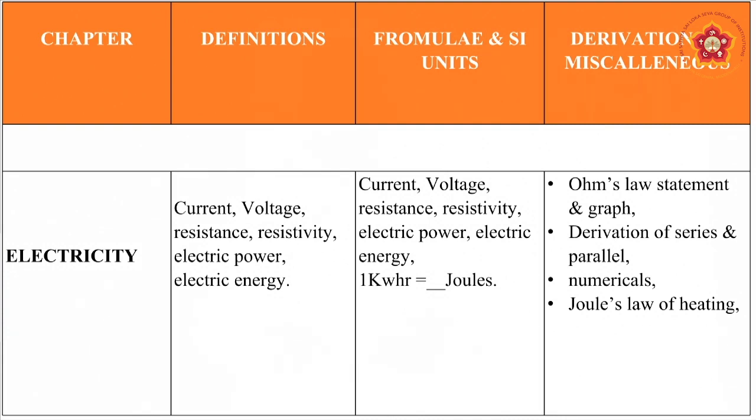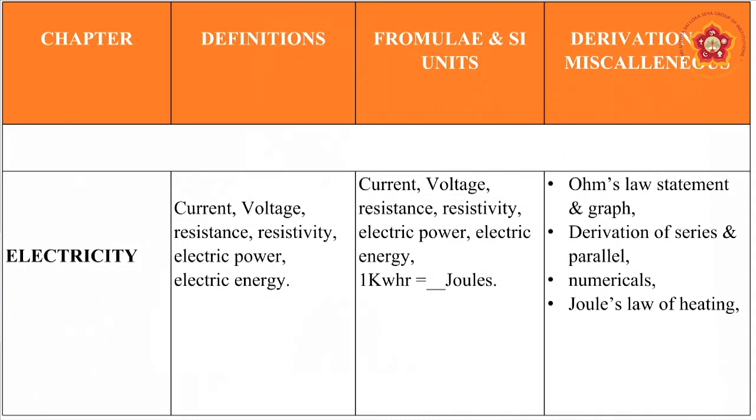And then the third part, we come to the derivations and miscellaneous. Let's see what the derivations in this chapter are. The statement of Ohm's law you need to remember correctly: at a constant given temperature, the potential difference across the ends of a resistor or component is directly proportional to the current flowing through it. So the statement of Ohm's law, the expression, and the graph you need to remember. How does the Ohm's law graph look? Suppose we have voltage on the x-axis and current on the y-axis, how will the graph look? It will be a straight line graph.